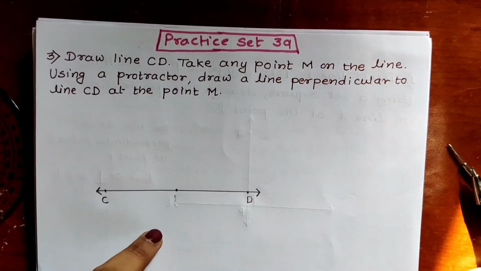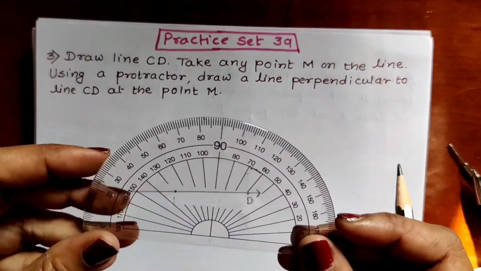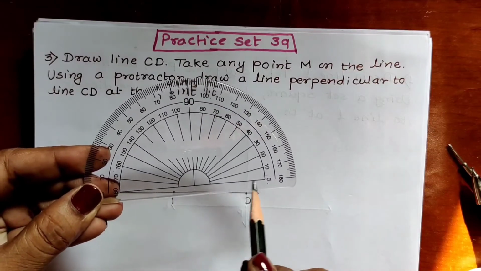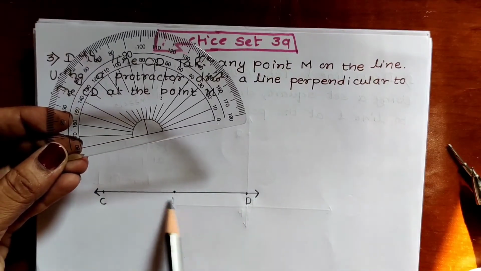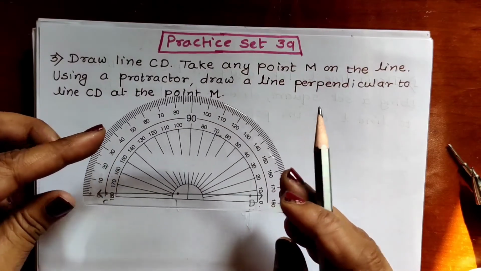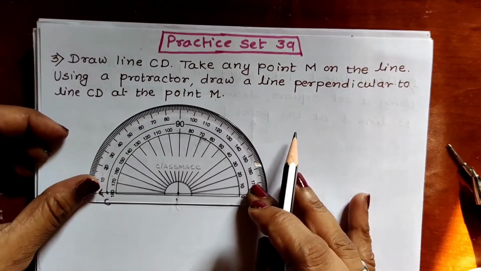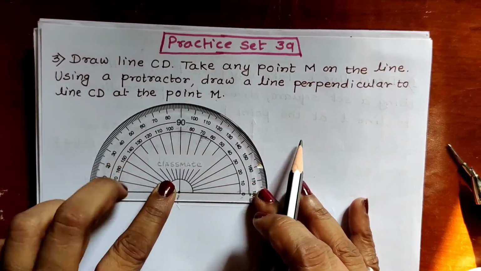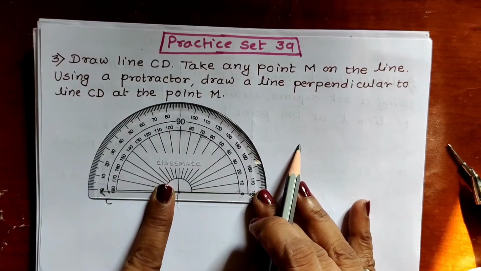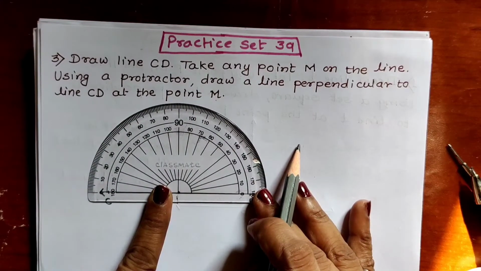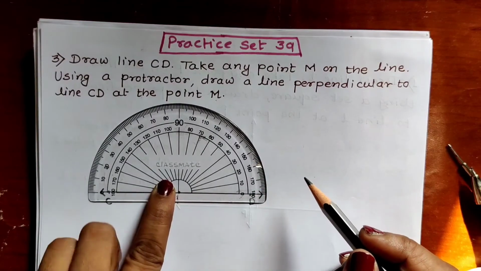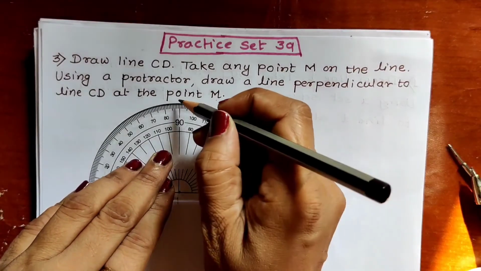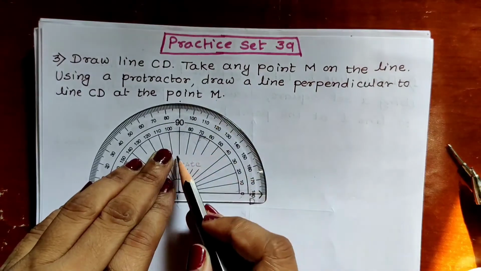This is point M. Now what I have to do, I have to place my protractor on this point M, the center point of the protractor on point M, and this base line should coincide with line CD. This base should match exactly with line CD, and place this center point properly. We all know perpendicular means when two lines intersect each other, a 90-degree angle is made. Correct? Now we have put the 90-degree symbol in the previous two questions. So here we have to put a point at 90 degree. Can you see 90 degree here?